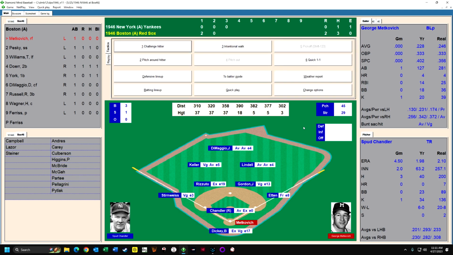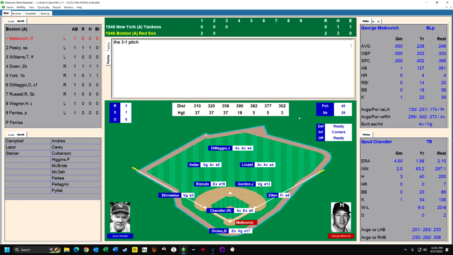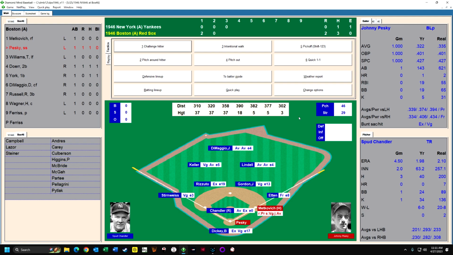there it's 3-1 count. Now there are options to intentionally walk if you want, or you could pitch around the hitter if you wanted. You can see up here, I could challenge the hitter, pitch around the hitter, intentionally walk. But anyway, I'm going to do 1-3 again, and he held up in time, so he draws a base on balls. Now we've got Pesky up, who's also incredibly good at